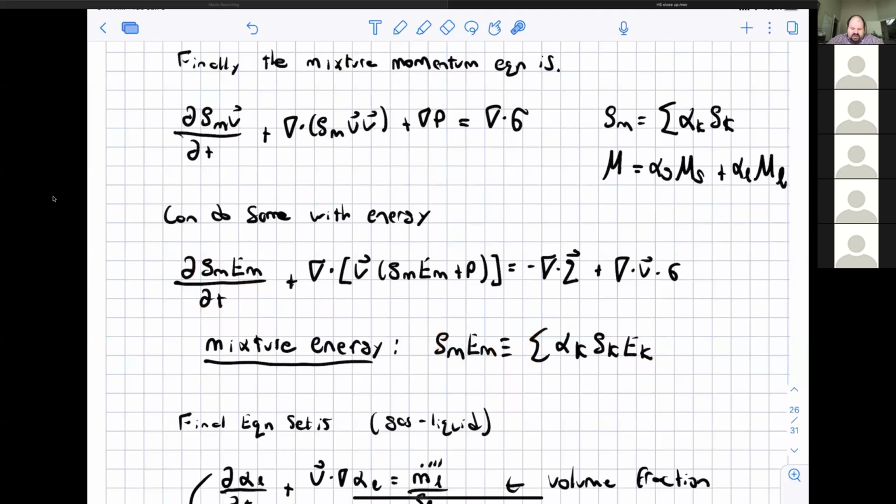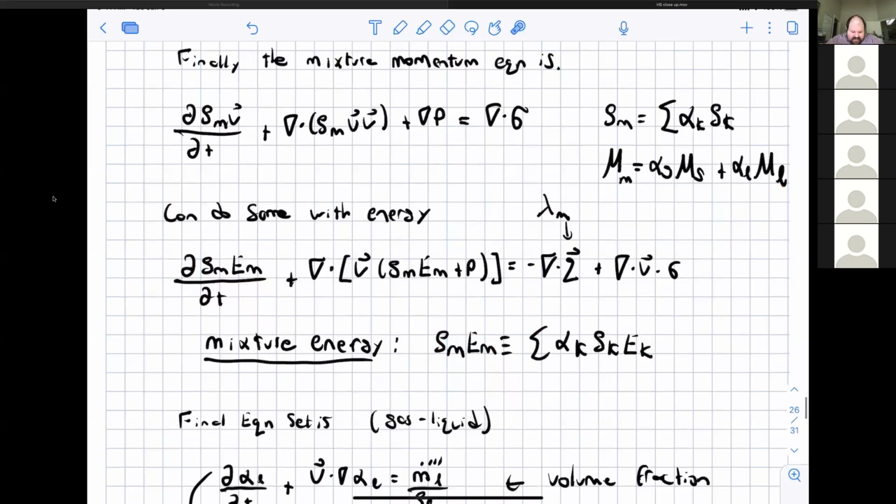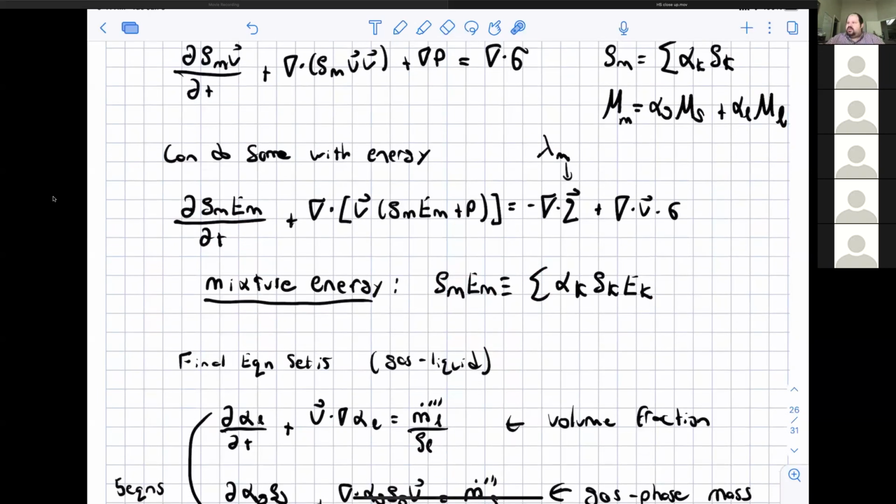And if you do that properly, you will wind up with basically the usual energy equation. And just like this for Q, you need to define a lambda for the mixture. And I've usually seen this done the same way. Then also you need to be careful with the diffusion energy source. But I'm not going to get into those really in the weeds type subtleties with this. Okay. Then, using our assumption here is the final equation set, and I'm just assuming gas liquid,